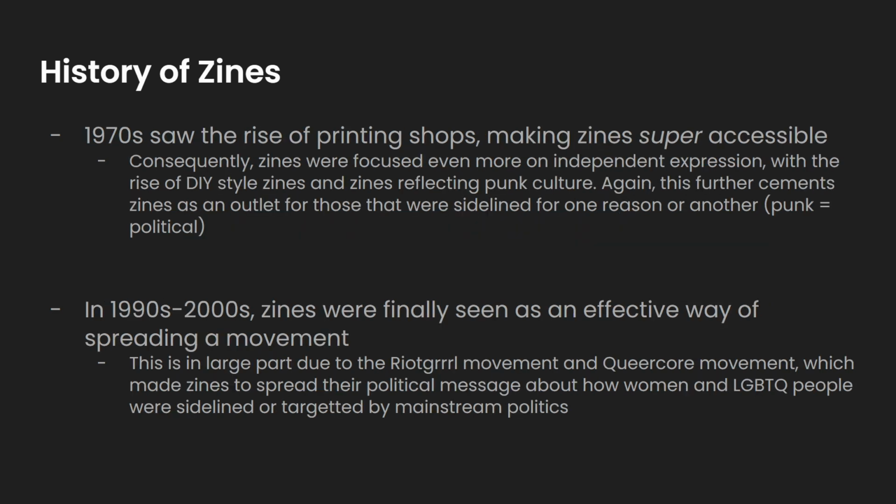And in the 1970s, there was the printing shop. If you go to any random corner you can print your piece of paper on A4, you can do that nowadays. That started in the 70s. And that's when we saw zines start to be more popular for more fringe movements, as opposed to a small subculture thing. It now became a movement thing for punk and whatnot. And in the 90s to 2000s, we saw really popularized movements that really pushed for societal changes forward.